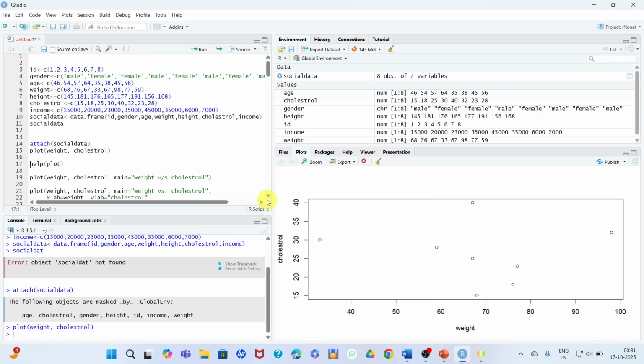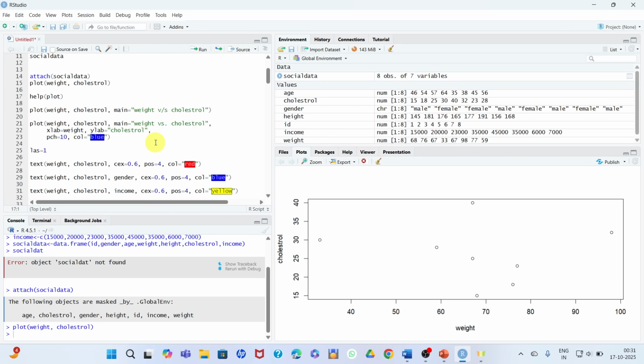Whenever you work in the R script, the data representation in the form of a graph, pie chart, or any other will display in this plot pane. Here you can see weight and cholesterol on the x and y axes, and your data is represented here. So this is our first command.